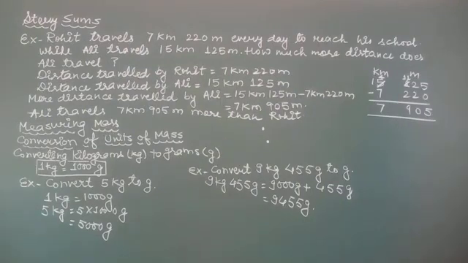After that we learned how we can convert kilograms to grams, and you know that to convert kilograms to grams, multiply kilograms by 1000. So to convert 5 kg to gram, 1 kg is equal to 1000 grams. So 5 kg is equal to 5 multiplied by 1000 gram, that is 5000 gram.